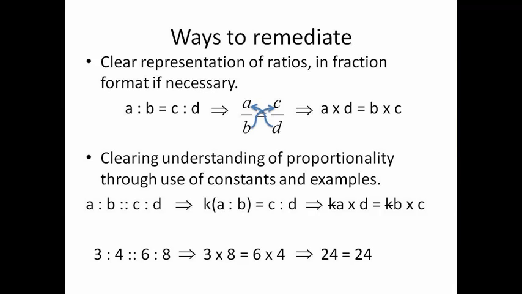We can also use simple examples with actual numbers so that the concept is not too abstract for students, and they can see for themselves why some methods of solving multiplicative questions on ratios would be wrong. For example, in one case, we could say that 3 is to 4 as 6 is to 8. So 3 into 8 is equal to 6 into 4, and 24 is equal to 24. So other cases of